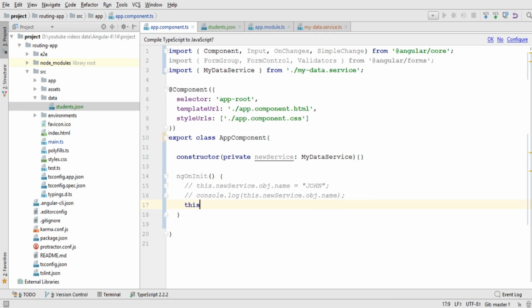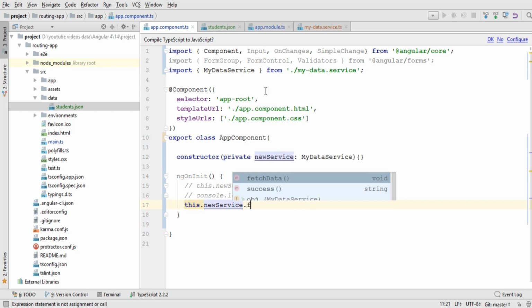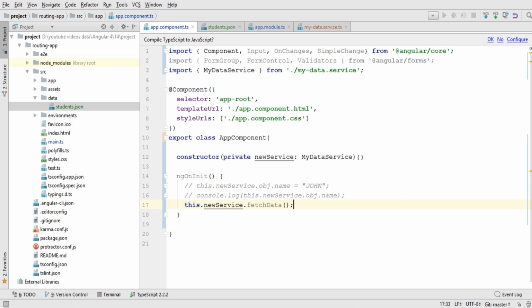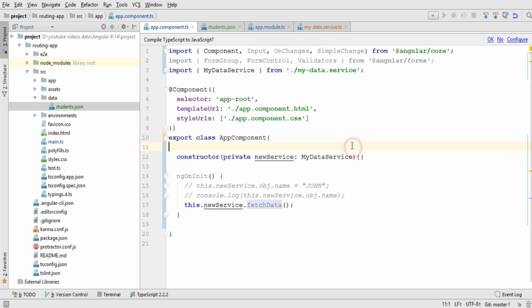So I will write this.newService dot, and we can see that we can access functions which are written inside the service. So I define fetchData. So from this component I am calling that function which is written in my service, and when this is going to be called, it's going to get the data from this URL and print out that data in my console. So let's save this file. Let's save this file as well,